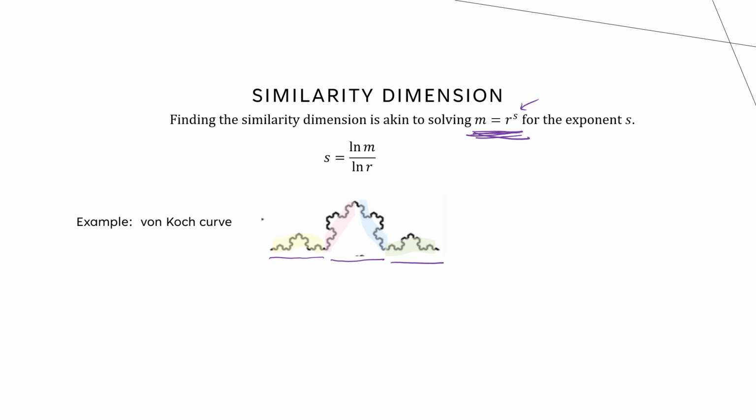Like we had the example earlier where we had the line and then it went like this and we added these pieces here. So we took that one line, took the middle out, and then we added that other third in. So this is actually going to give us four parts in a ratio